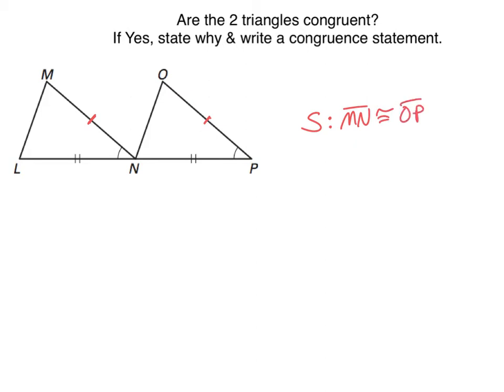And then if I work my way around from that one, I work my way in a circle to get to the next one. I end up at an angle right here. Now look at this value. How many different angles are in that position right there? Okay, notice there's multiple angles there, so I cannot use angle N as a statement. I have to be more specific with my angle. So in this case, my angle is going to be angle MNL